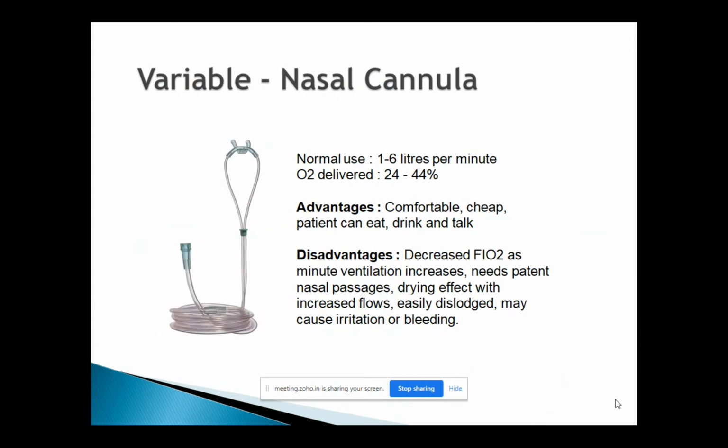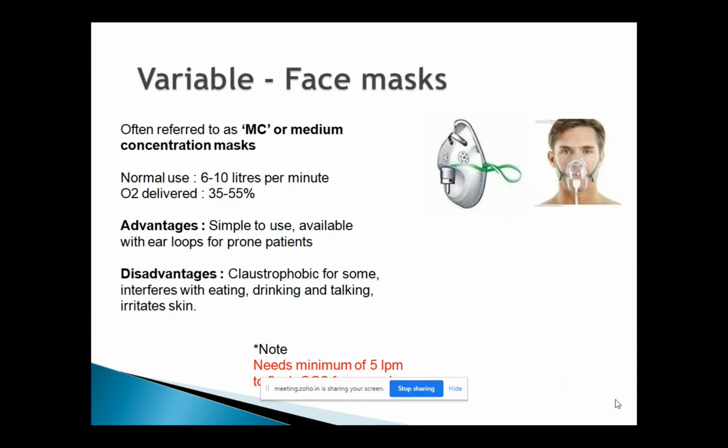So you've got advantages and you've also got disadvantages. But the important thing to understand is the nasal cannula is a variable oxygen delivery system. You can tell only how many liters of oxygen the patient is getting. You cannot assure and say the patient is achieving this much percentage of oxygen. Let's see another variable device. But the important thing to know about your nasal cannula, you can give only from 1 liter to a maximum of 6 liters. Anything more than 6 liters can cause significant irritation to the nasal passage and can cause significant bleeding, and the patient wouldn't be comfortable.